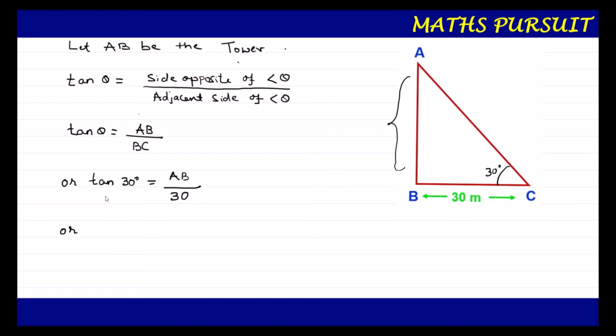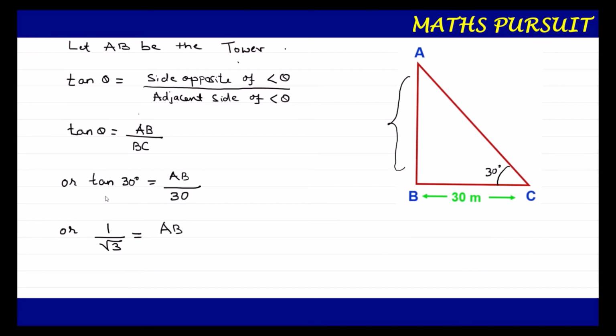By this time we definitely know the value of 30 degree. If we do not know, please try to learn it or remember the values of sine, cos, tan, all these degree values. Let us at least remember them so that it would be easy for us to move ahead with these type of questions. So tan 30 degree, we know that it is 1 upon root 3. So directly I can write 1 upon root 3 instead of tan 30 degree